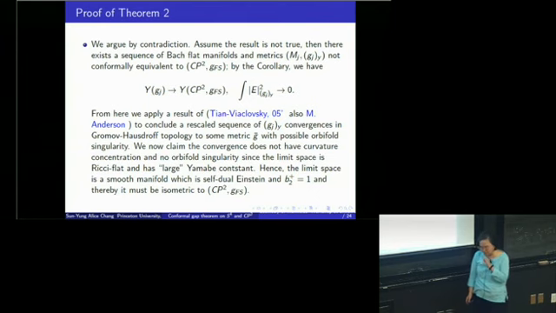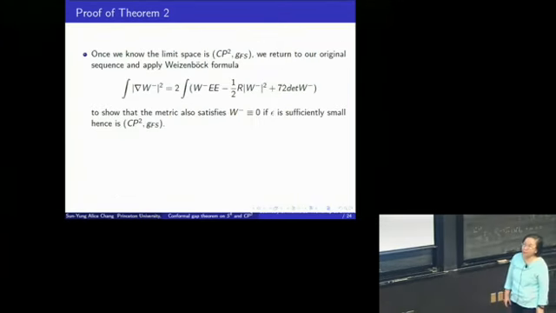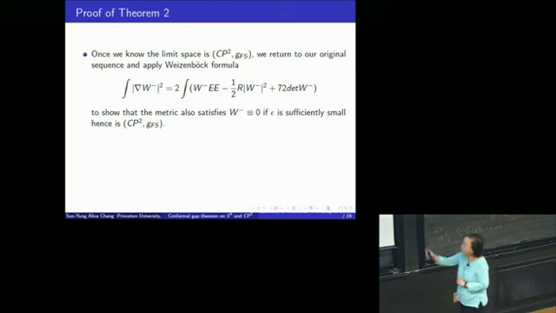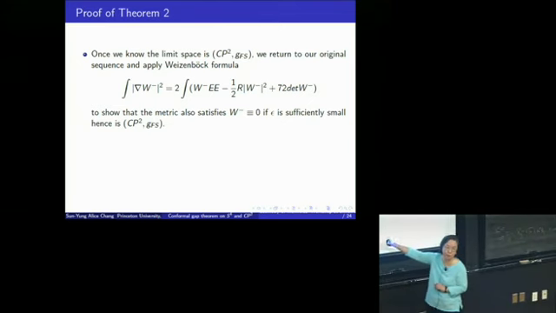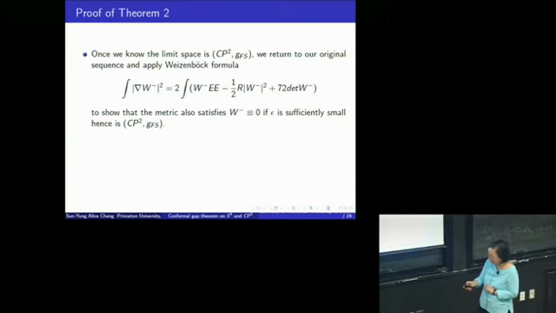One doesn't need the whole result of Hitchin. In this case, because we have enough topological information, one can see that 3c2 minus c1 squared is equal to 0. From there, one can conclude it's CP2. So after that, if the limiting metric is CP2, we actually can come back to say the original sequence is already CP2.